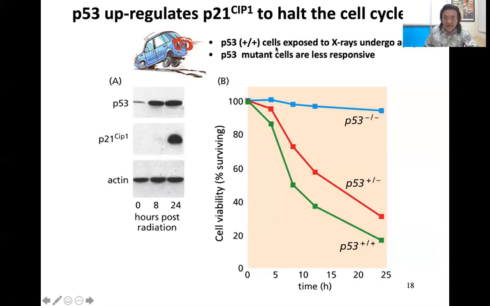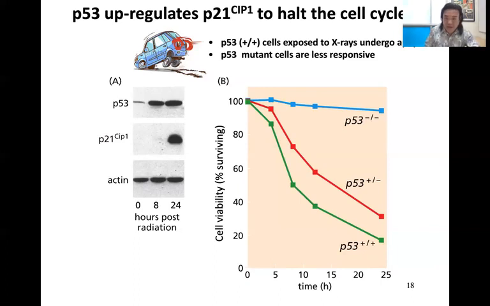So you can see here, this is a group of cells that were wild type p53++, and they were exposed to radiation, right? Strong doses of X-ray radiation that caused dramatic damage in many different parts of the genome inside of the cells. In other words, the damage is so extensive that the cell cannot repair it. And as a result, what does the normal, well-behaved cell need to do? If it cannot repair the damage, it needs to push the button, right?